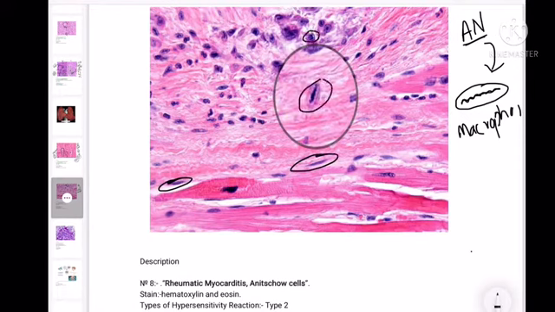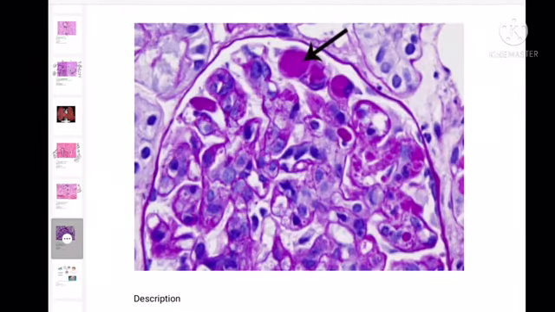And these are the other inflammatory cells along with the necrotic portion. And this is the cardiac muscle. So what is this? This is the rheumatic myocarditis, Aschoff cells, H&E staining, type 2 hypersensitivity reaction, and the organ is heart. Next one is an image of the histology of a kidney, where we can see